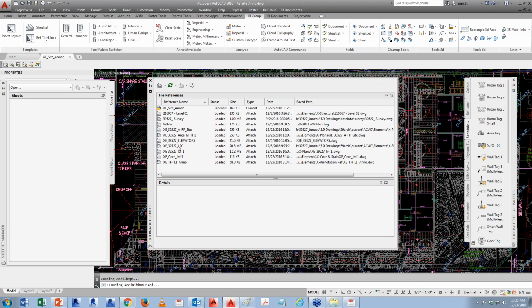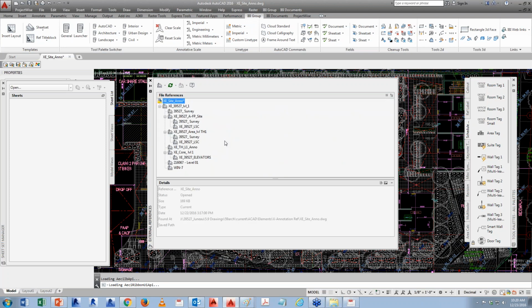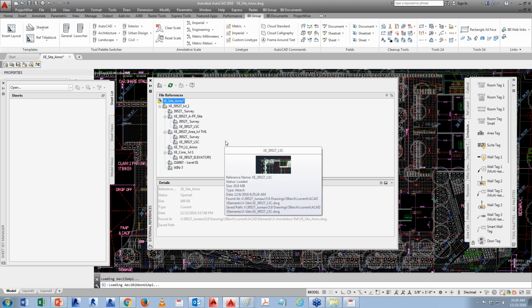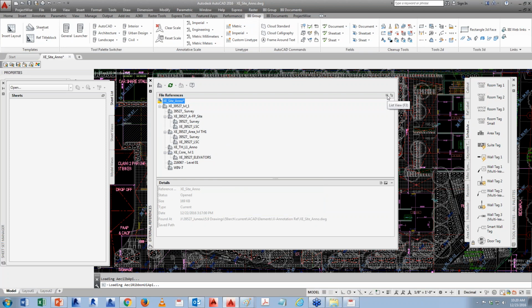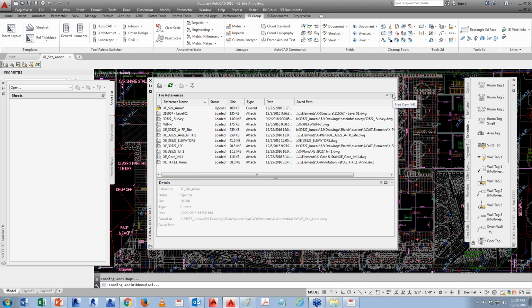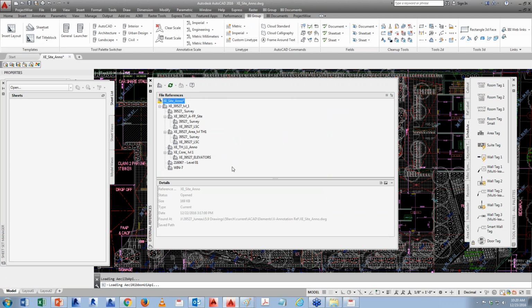When you click on this, this is what you're going to see in the beginning. You're not going to see, oh yeah, this looks like it's good. But when you start to click on the tree, this will reveal what is wrong with your file. So when you're trying to click on analysis, let's say you want to analyze what is wrong with your XREF. The first thing, when I click on this, yes, I do see a bunch of things that is wrong